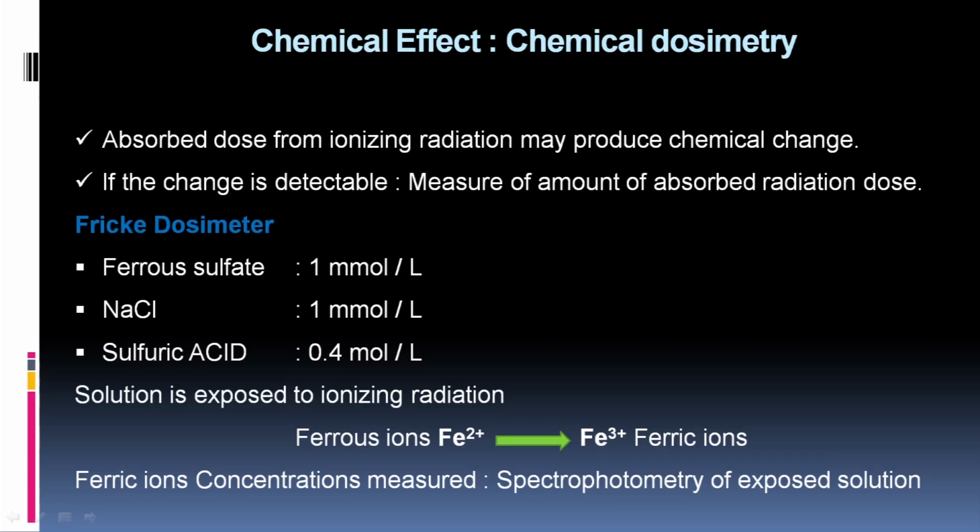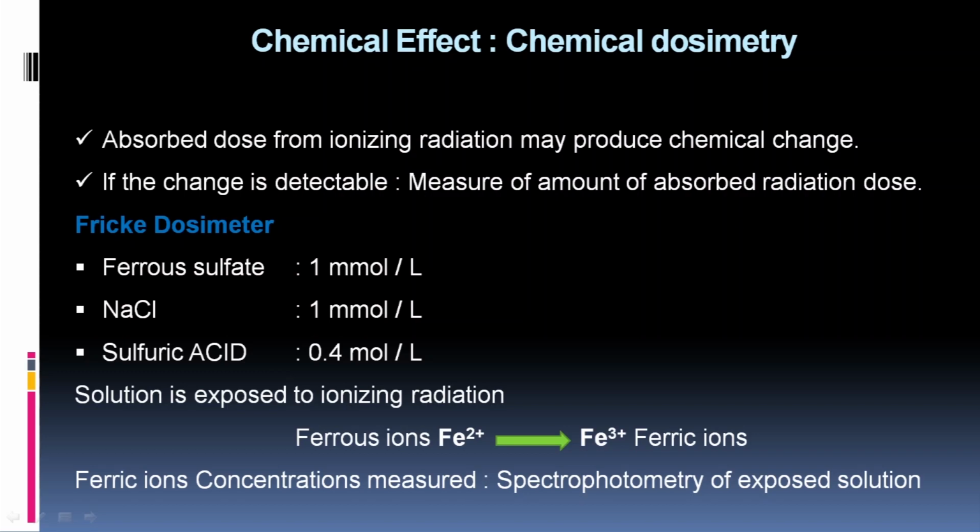There are many types of such chemical dosimetry used worldwide, but the most commonly and routinely used, and very easy to use, is known as the Fricke dosimeter, that is Fricke dosimeter,